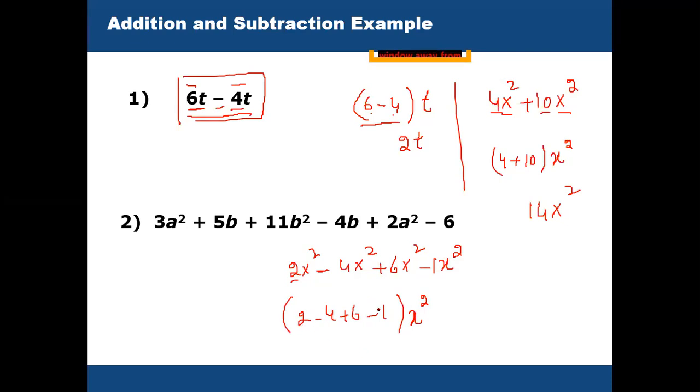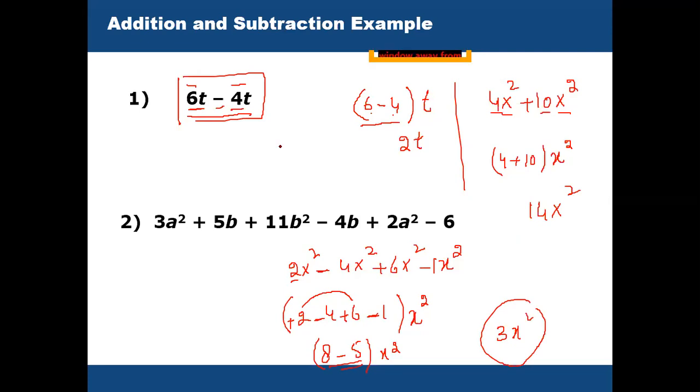2 minus 4 plus 6 and minus 1. If you add plus 2 and plus 6, these are positive, equal to 8. Okay, minus 4 and minus 1, both are minus, so add them, we have 5. 8 minus 5 with x square. Again you can simplify 8 minus 5, so 8 minus 5 equals 3, 3x square. Yes, this is addition and